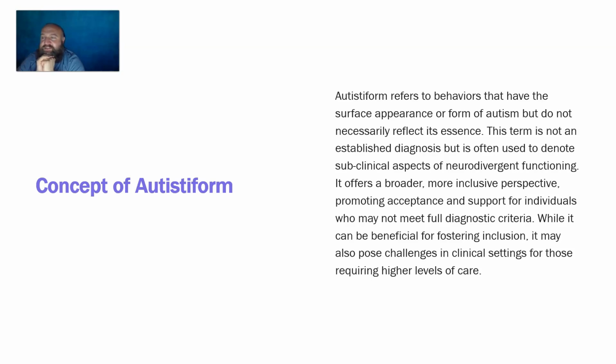Another term that oftentimes is used in clinical settings is called autistiform. So autistiform refers to basically the neurodivergence. This term may be used to refer to somebody who's neuroatypical but doesn't meet the criteria for ASD, autism spectrum disorder. And of course, this brings in a lot of different cultural issues because it goes back into that idea of